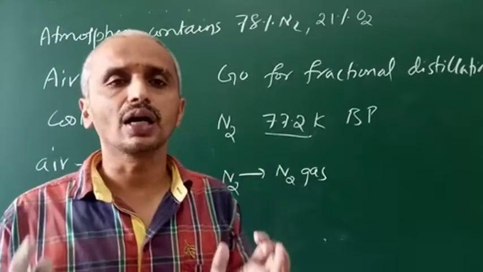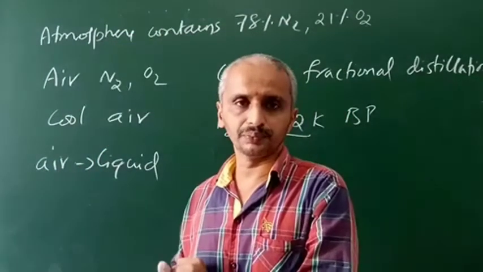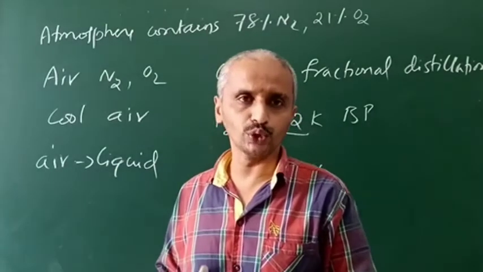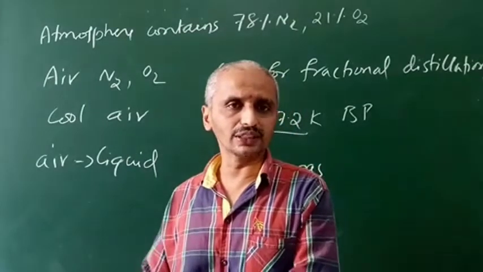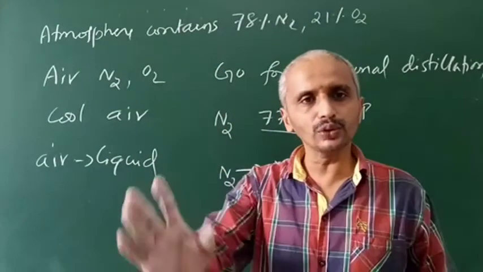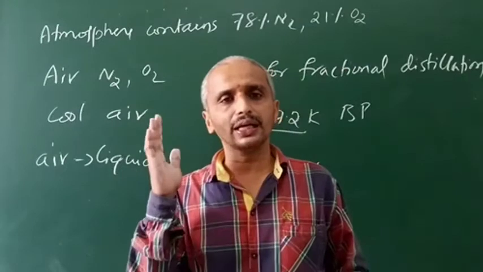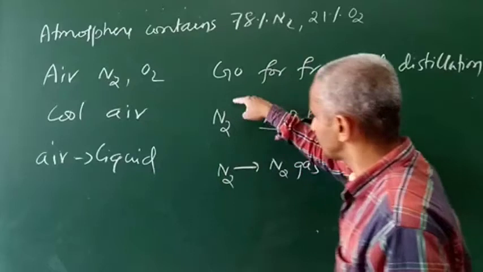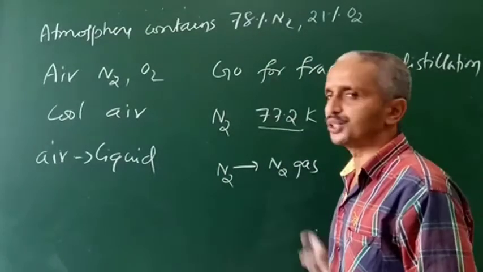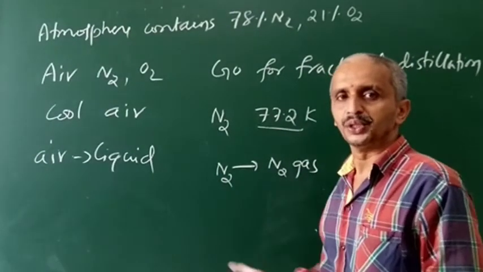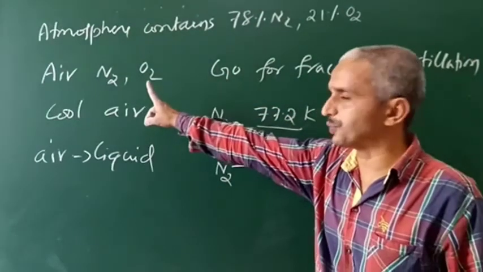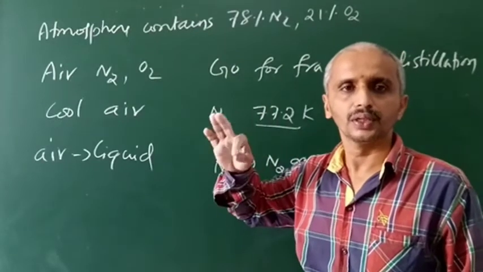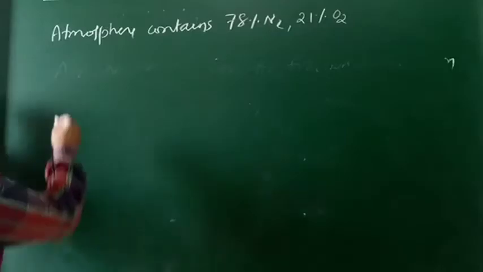Before this, the carbon dioxide etc. present in the atmosphere can be removed by passing the gas through KOH solution. Carbon dioxide is acidic, KOH is basic, so it will remove that carbon dioxide in the form of K2CO3. So that will not be there. So from nitrogen, if you still heat it, oxygen comes out. So from the atmospheric air, I can get the nitrogen as well as oxygen. Both can be obtained.